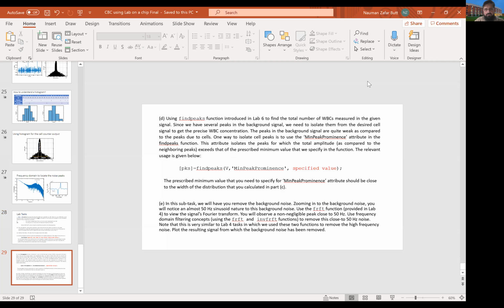फिर आप नेक्स्ट टास्क के अंदर, जो टास्क डी है, यू हैव टू काउंट द सेल्स। तो फिर आप फाइंड पीक्स एक फंक्शन है मैटलैब में, आपने शायद लैब 6 में भी यूज़ किया उसको। तो दिस इज़ अ वेरी हेल्पफुल फंक्शन टू, it will give you the count of all the peaks. But the catch here is that you have two kind of distributions. एक तो आपकी desired distribution है जो कि cells की वजह से है, उसके बड़ी peaks आ रही हैं। एक background signal की भी peaks हैं छोटी।